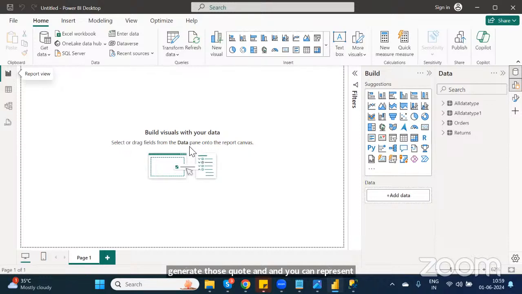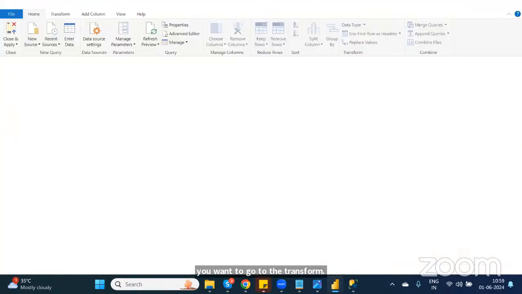Those columns we can generate in the transformation. There are transformation options there, and in there itself we can generate them. Okay, let's see what the transformations are. See here, if you want to go to the transformation options, there is an option called